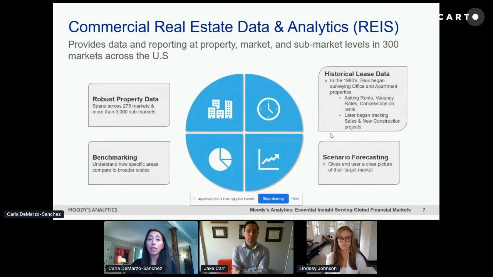We take a lot of pride in getting this data directly from the properties and then rolling it up to the submarket and metro, so that we can see how neighborhoods and markets have trended over several credit cycles. This has been a key part of what we do, and really a main reason why Moody's acquired us, to have this really deep, rich data set moving forward.